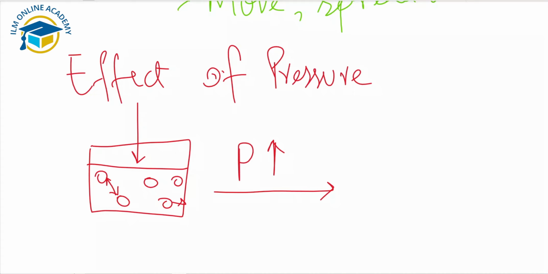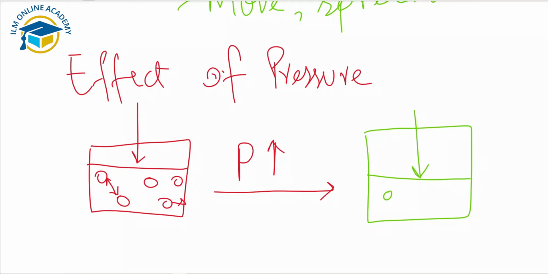Pressure increased means, now you can see here, moving the piston downward will increase the pressure. More frequent collisions will happen here, and gas particles will collide with each other more frequently. There are more frequent collisions of the gas molecules when we increase the pressure, and also with the walls of the container. So when pressure increases,